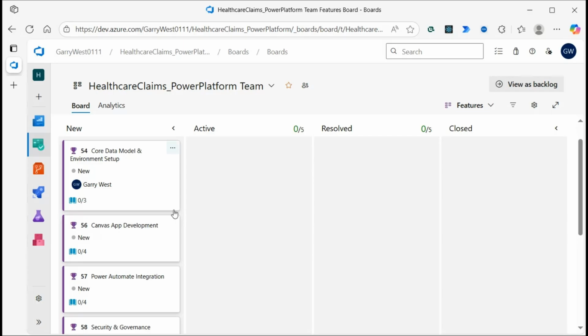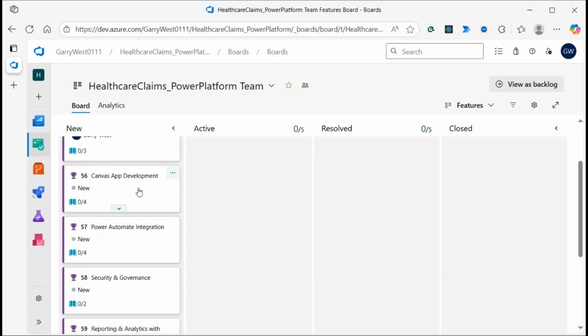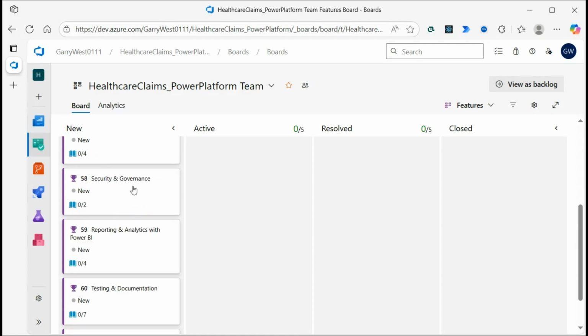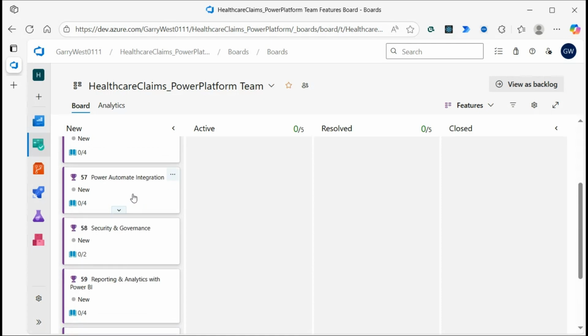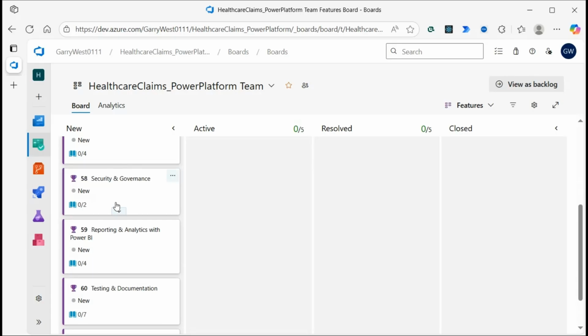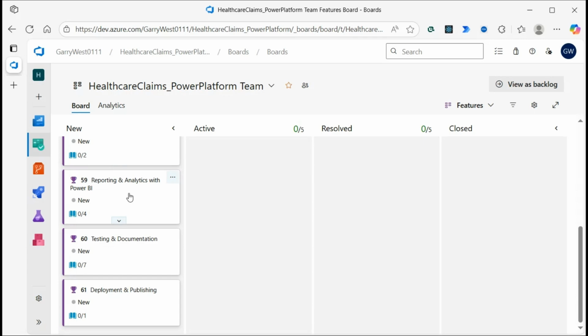Here we have core data model and environment set up, which includes setting up the Power Apps and Dataverse environments, as well as the data schema and relationships, Canvas app development, scaffolding out our Canvas app, Power Automate integration, which includes scheduled flows, instant flows called by Power Apps, as well as triggered flows from actions like creating new claims, security and governance, where we'll be looking at role-based access, and then environment-centric ideas like variables and backups, and reporting and analytics with Power BI, which is transforming and visualizing our data